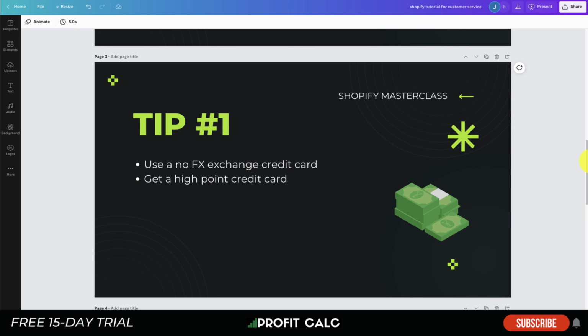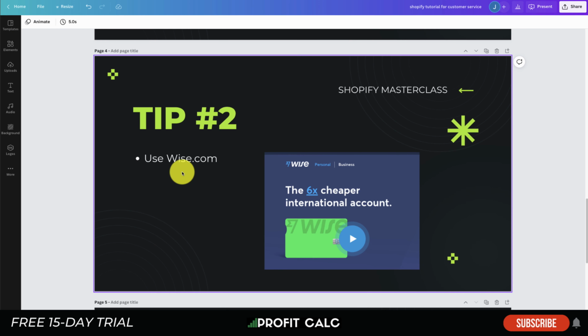And it's something you're not really thinking about initially, but as you start to scale and as you start to spend more money, it's important that you do these little things here to boost your overall profitability, which makes running a Shopify store easier. The next tip here is going to be to use a currency exchange site such as